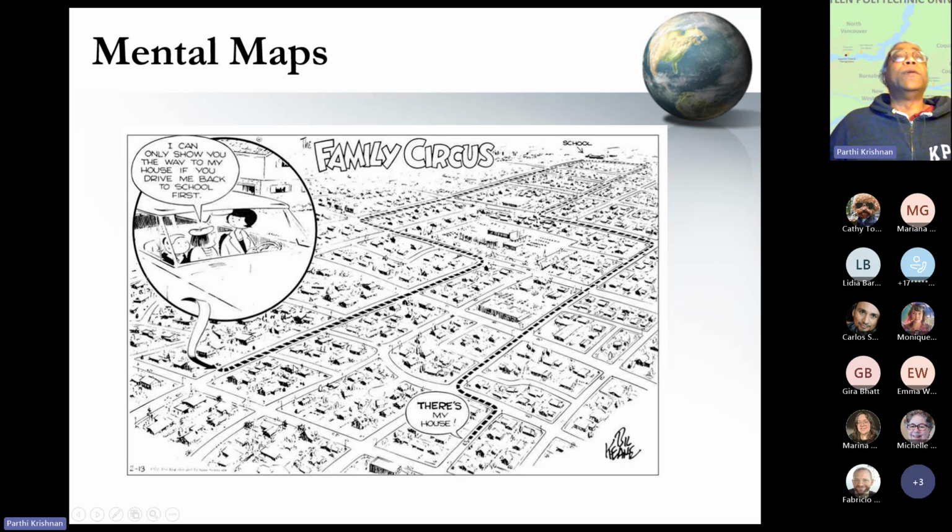So this is a classic example of this young girl going to visit her friend's home, and then unfortunately, when they want to go back home, instead of taking a shortcut of 3 blocks, their mental map is only clear about the route back to the school and the route back from the school to their home. So this is oftentimes what we encounter in our daily life. For example, we are creatures of habit, so we have preferred routes that we take, and then unfamiliar places will always remain blank, leading to situations like the one above.